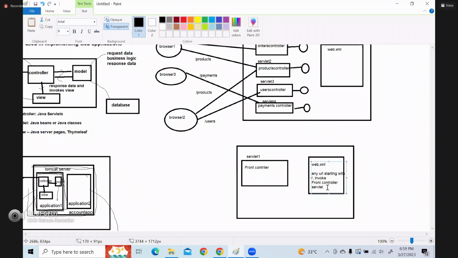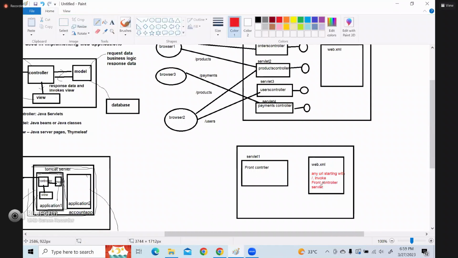I put it like this: any URL starting with slash, invoke front controller servlet. Starting with slash means, now say for example, from browser 1,